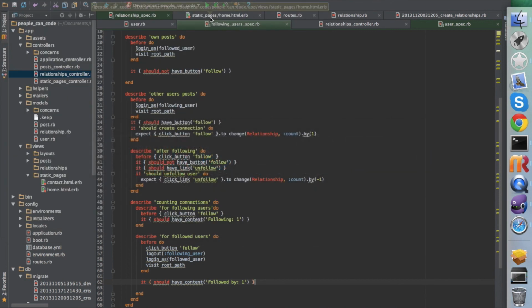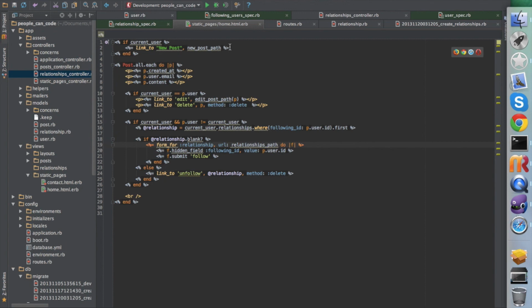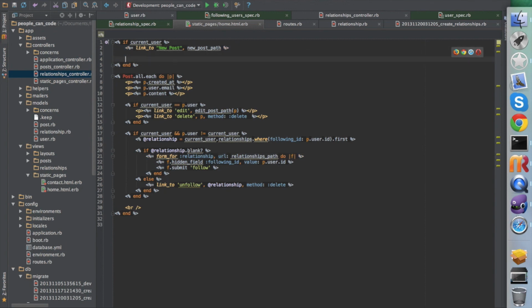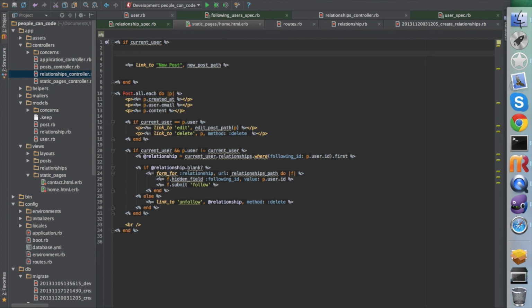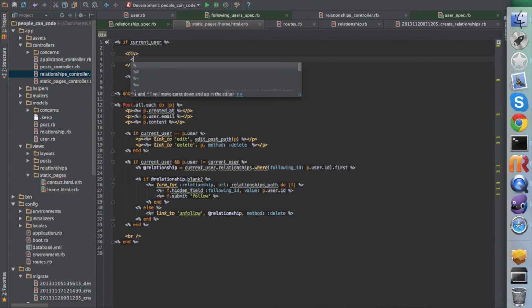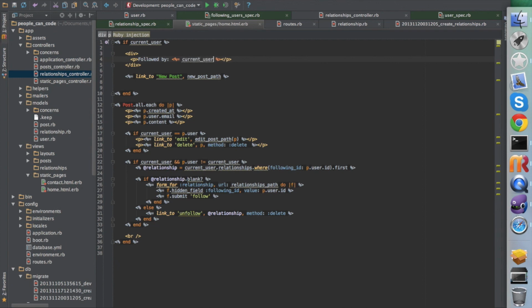And we can go to our home page and include that here. So we have to be current user to see all of those, because otherwise it will cause us an error. So let's put in the separate div, just like that. And first, let's have first paragraph that says followed by, and here we'll use some Ruby code, current user,